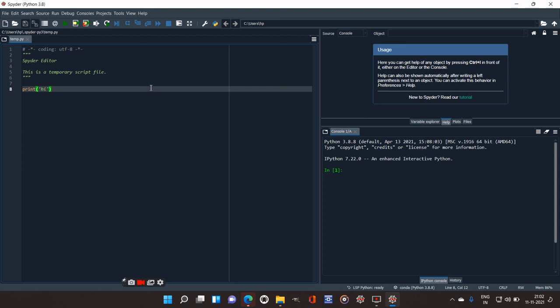So this was about the video. In this video we have seen how to install the Anaconda software, and there are different applications of Anaconda, of which we have just seen Spyder 3.8, and there are many more applications. But for image processing and basic Python, we will use Spyder for the programming.